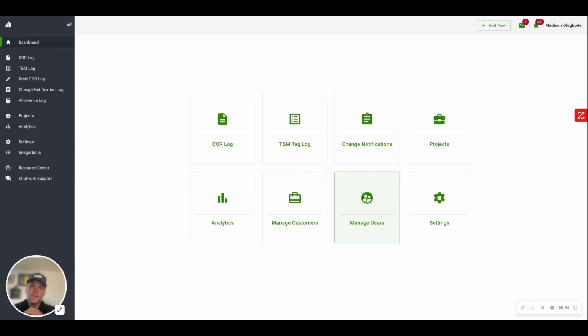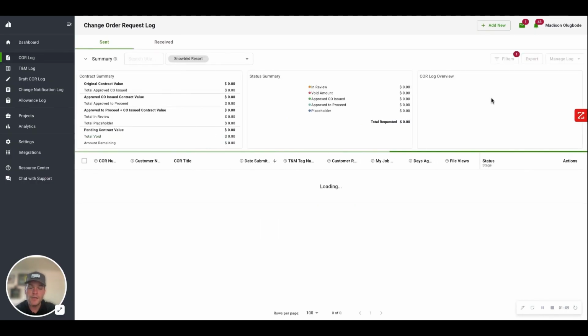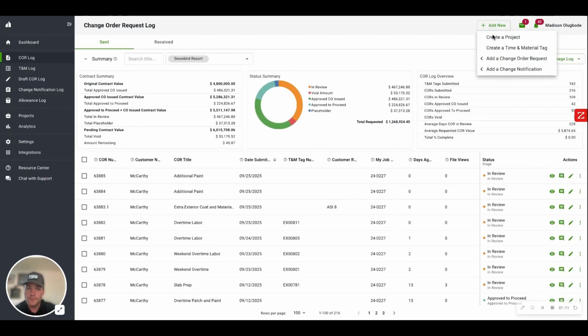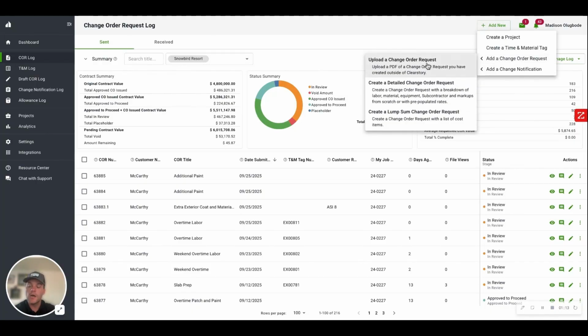The best part is you can start using the Clearstory log instantly without changing anything you are doing by simply uploading your change order request through Clearstory. Let me show you how to do that. The first thing we'll do is navigate to our change order request log. Up at the top here, we'll hit add new, add a change order request, or upload a change order request